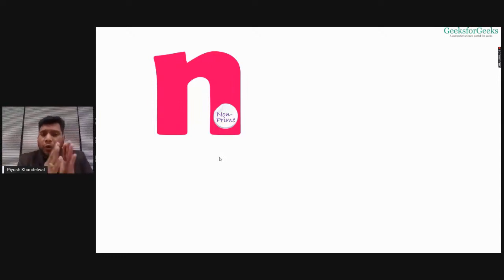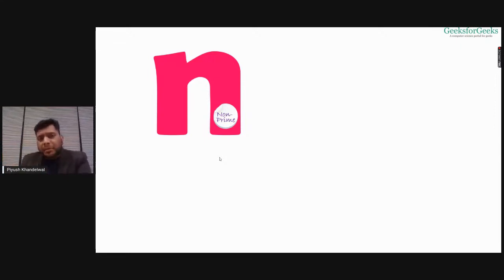So what we did: I took a number n, put a label over it, and wrote prime on that label. Writing prime means I'm assuming that this number is prime. Then I start dividing that number from 2. If it is not divisible, I'll look at 3. If it is not divisible, I'll look at 4 and move on.